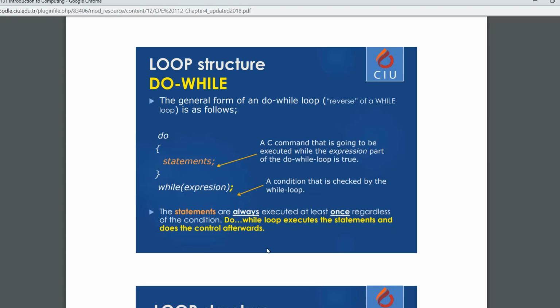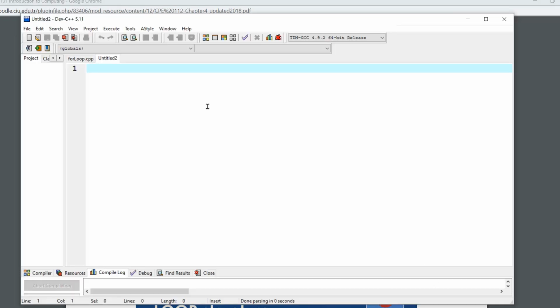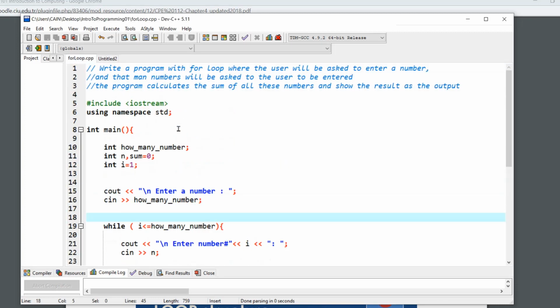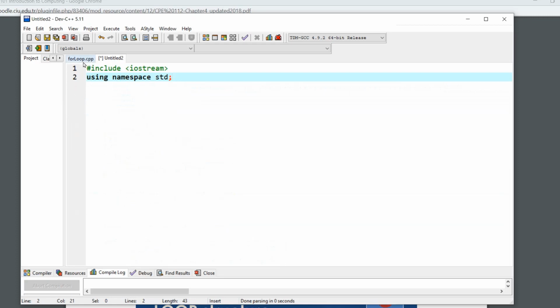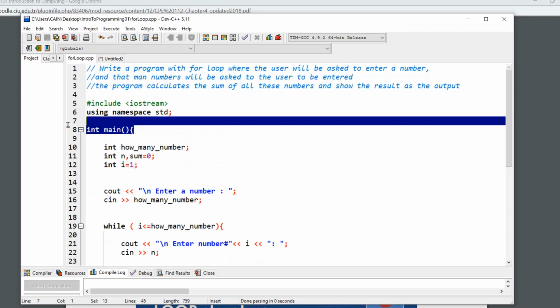So these kinds of loops are called control loops. The do while loop, however, is the reverse of how control loops work. It is the reverse of the while loop, and what it does is execute first and then check the condition. So even if the condition is false, it will execute at least once. This has specific advantages in certain conditions. This is why the do while is not as frequently used as the other loops, but it is still useful